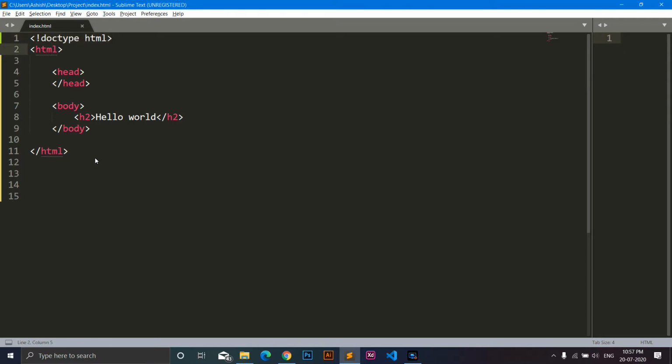Now that we have completed our HTML structure, let me make you understand what these tags mean. The first tag over here is the HTML tag. Whatever we're going to write is going to be inside these HTML tags. And the head tag contains the meta information of our website, like the title, description, and search keywords.